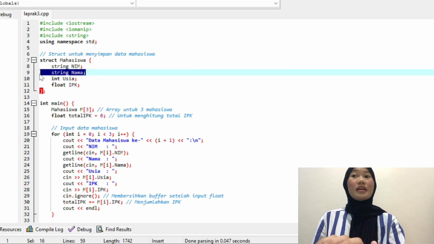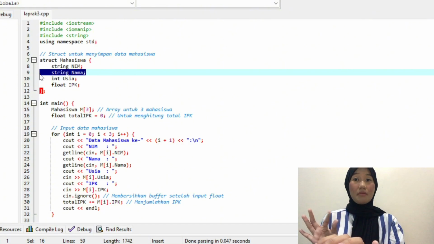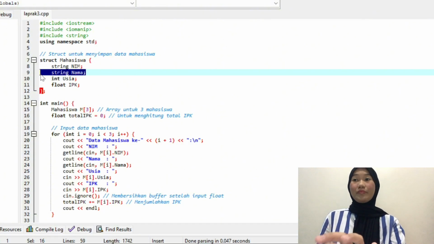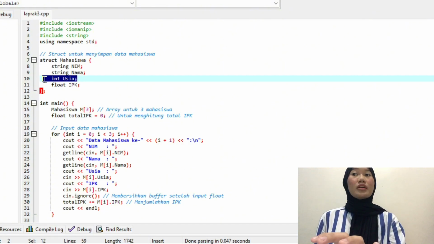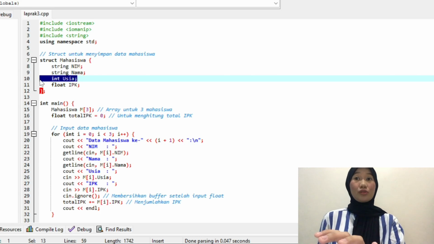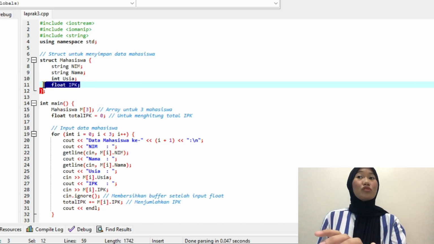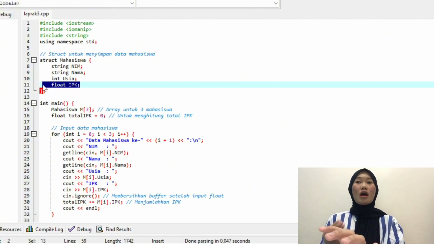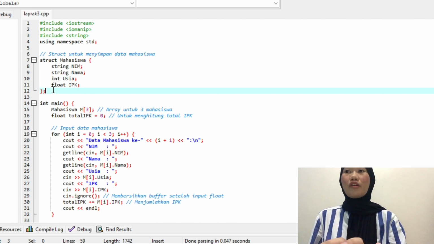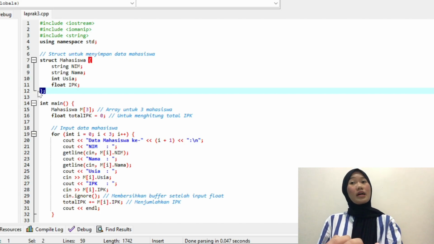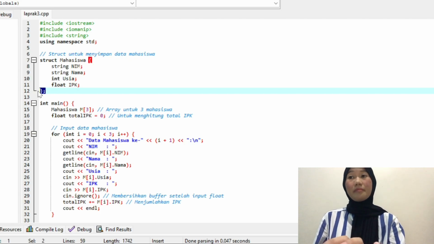String name declares the string variable name to store the student's name. Int age declares the integer variable age to store the student's age. Float GPA declares the float variable to store the student's cumulative grade point average or GPA. For this line, to end the definition of the student structure.